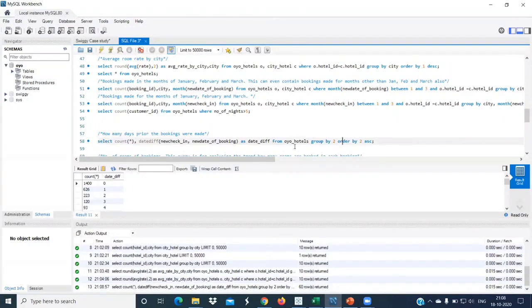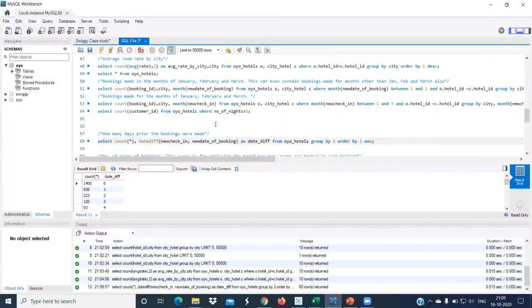We can see that 1400 bookings were made on the day of check-in only, and 626 bookings were made just a day prior to the day of check-in. In total, there were 2890 bookings in this dataset, out of which 1400 were made on the date of check-in itself,